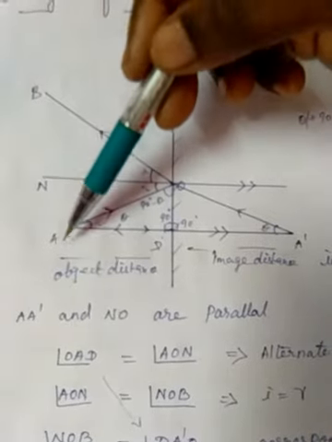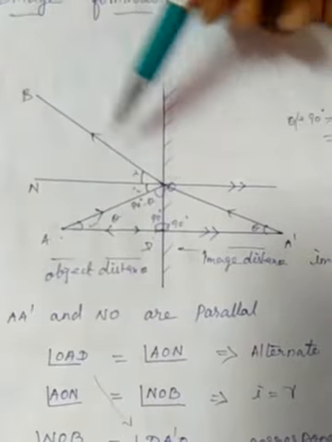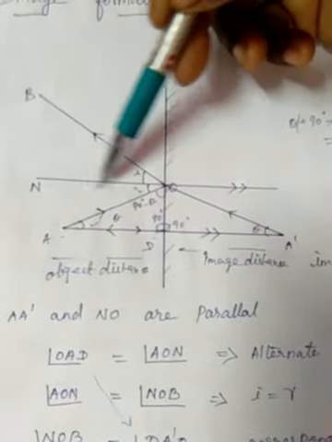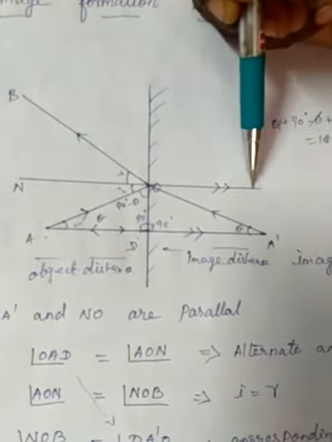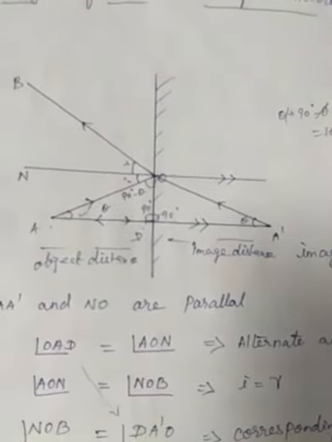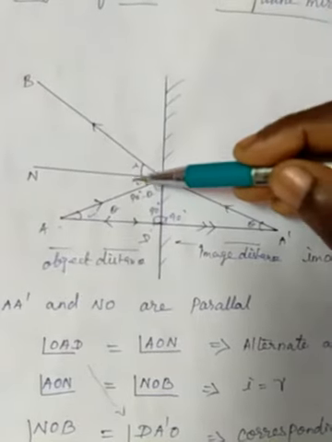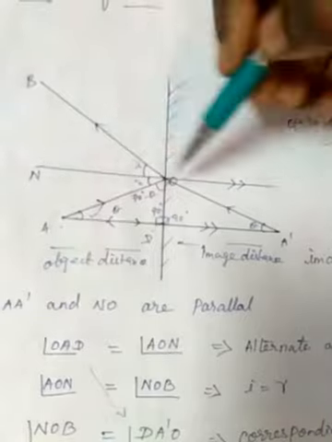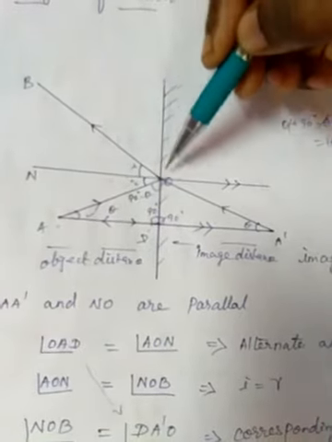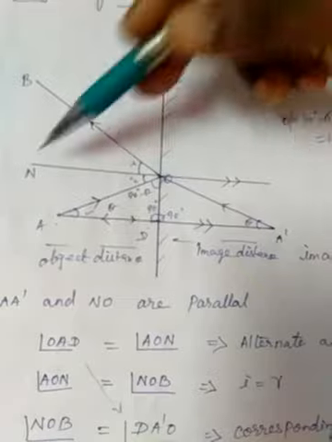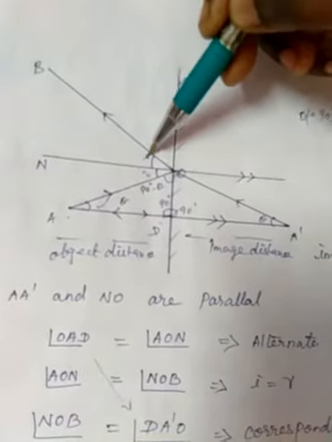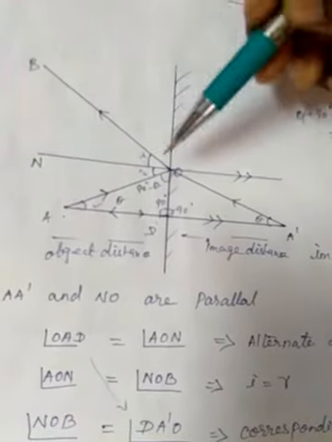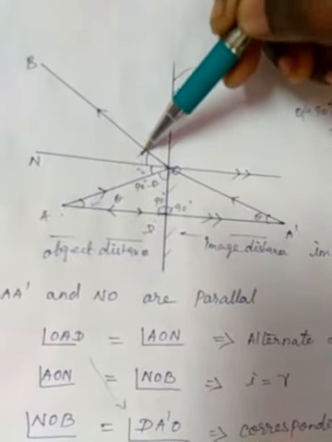Next, in between the incident ray and the reflected ray is the normal ray. That line extends here. Next, you see the incident angle AON is i, right? That NO is at 90 degrees. Then the reflected ray: angle NOB is the reflected angle, theta equivalent to r. So i equals r.